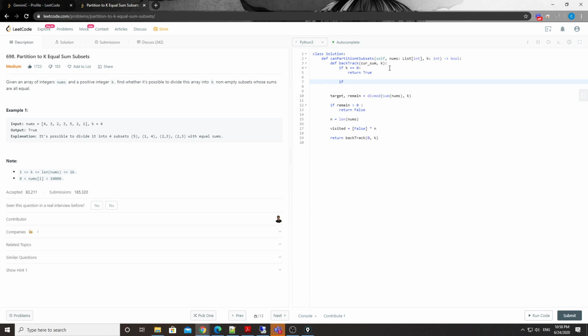And then the second one will be, if the current sum is greater than target. If it's greater than target, we can just return false here. I think this will help improve the speed a little bit, but I'm not sure how much. Anyway, it doesn't hurt. Basically, as long as the current sum is greater than target,